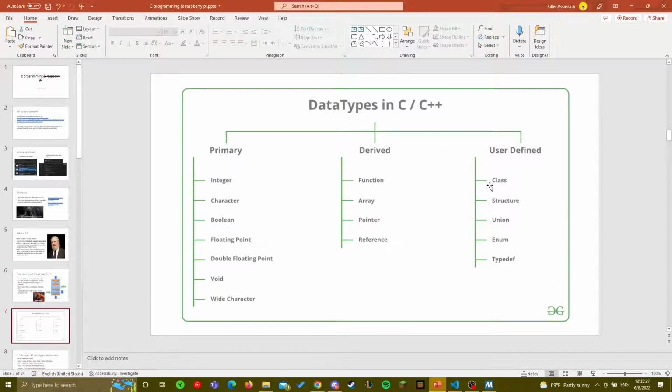Here, data types are a kind of classification. The primary ones are the most basic. Some of the things that you might not recognize are Booleans. C doesn't really have Booleans, but it does. Depending on the compiler version, you might also have to include other libraries to have access to them.